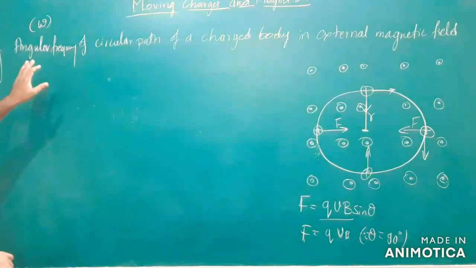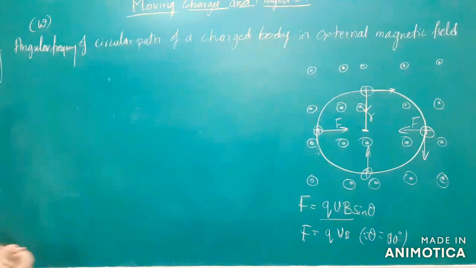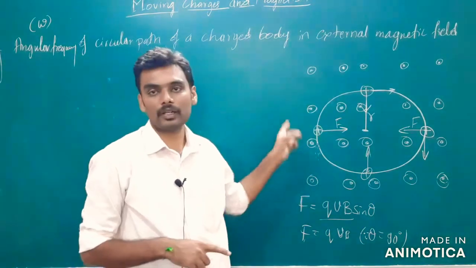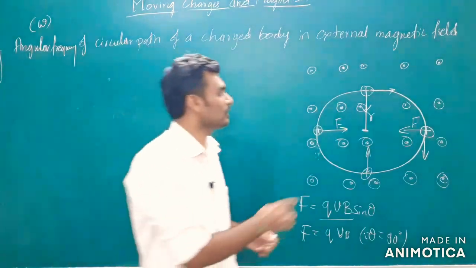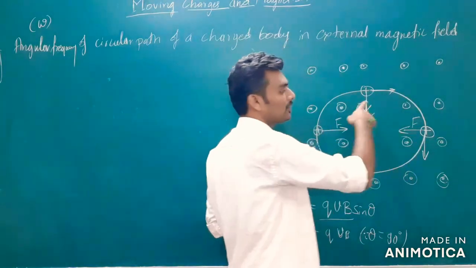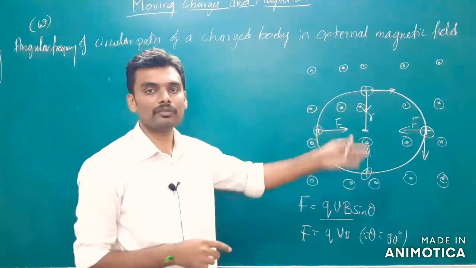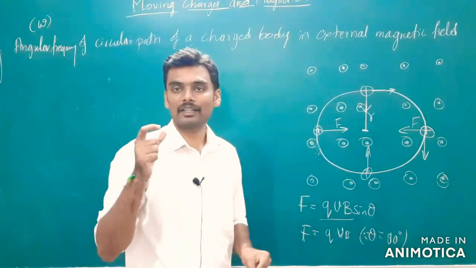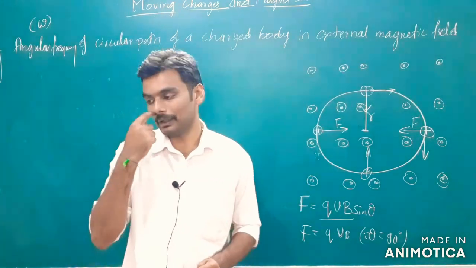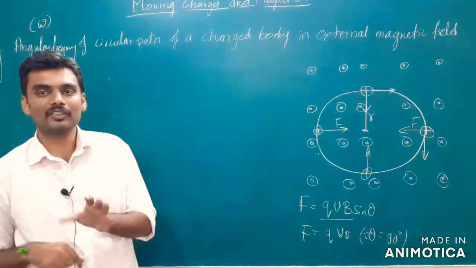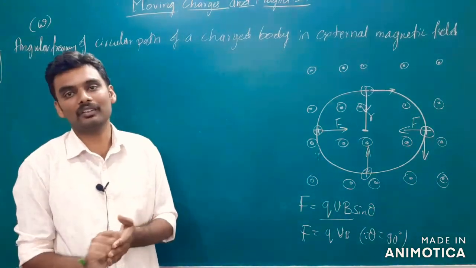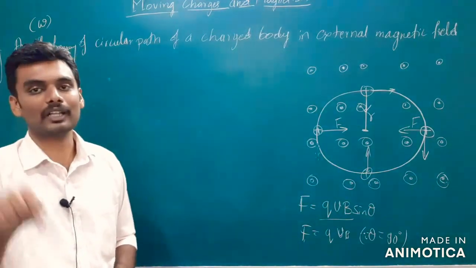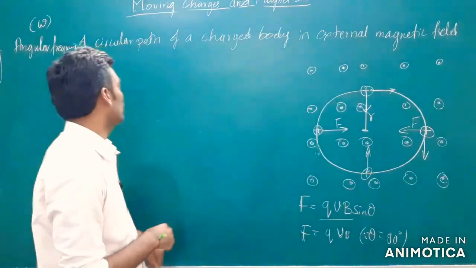Now we should get the expression for omega. Before we go for omega, we should work on the time period of motion. What is time period? The time taken by this charged body to complete one circular path is the time period of this motion. So let us work on that. We'll get the time period and then we can work on frequency, and omega is equal to 2 pi nu or 2 pi f, or 2 pi by T is also fine. So first we must get the time period of this circular motion, right?